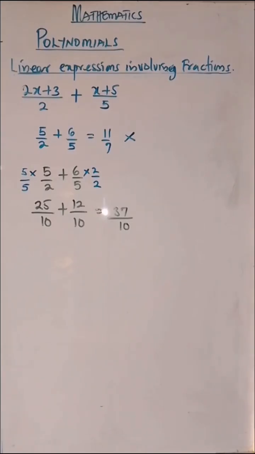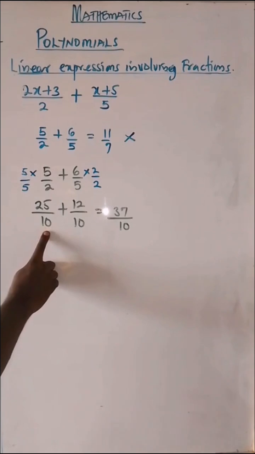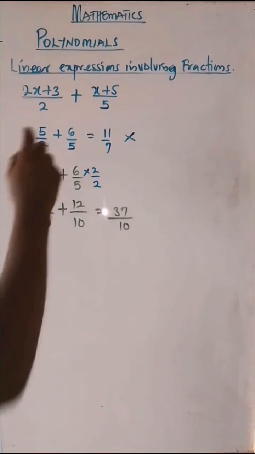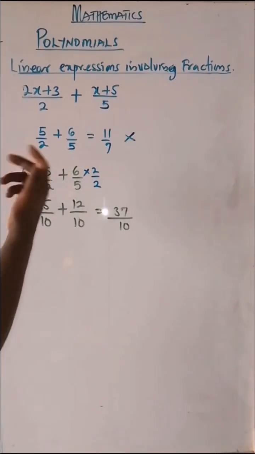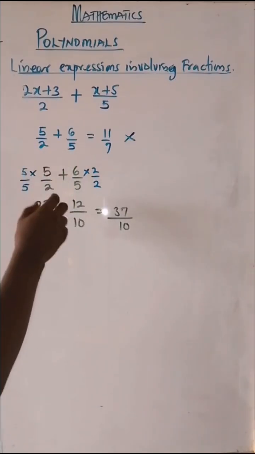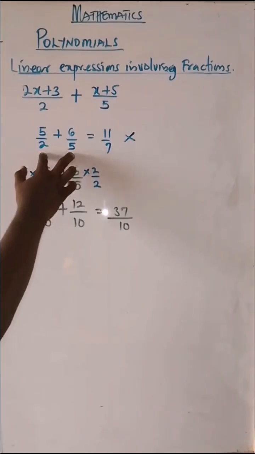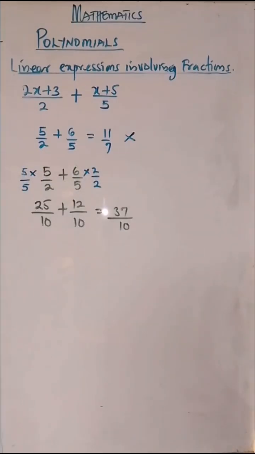Bam. But to save space or to save time, we notice that this 10 is the LCM of 2 and 5, the lowest common multiple of 2 and 5. Now these 2 numbers are not just relatively prime, they are prime numbers. So if those numbers are prime, just multiply them, that will be the LCM. So another method